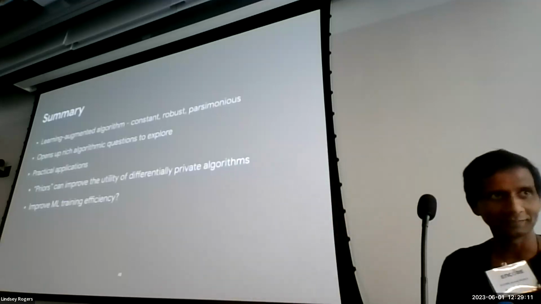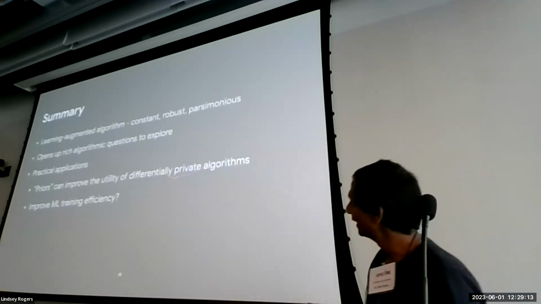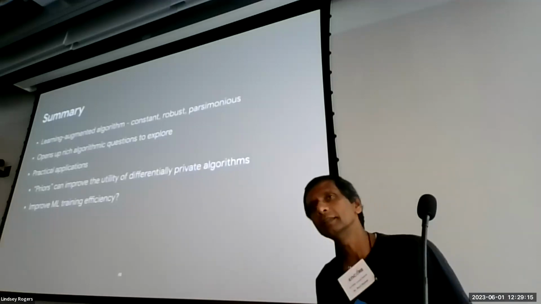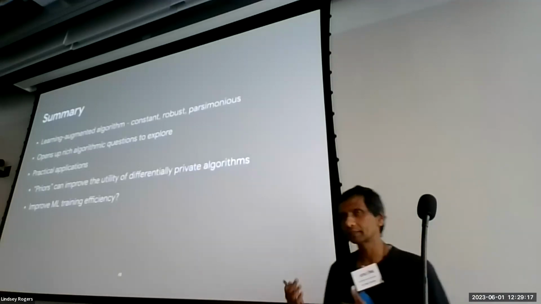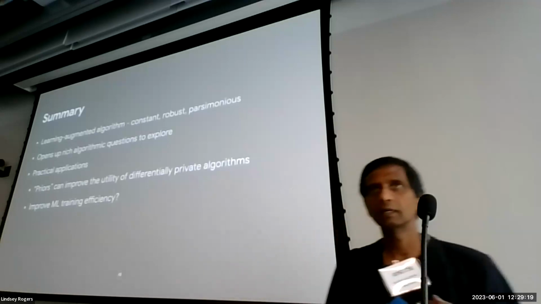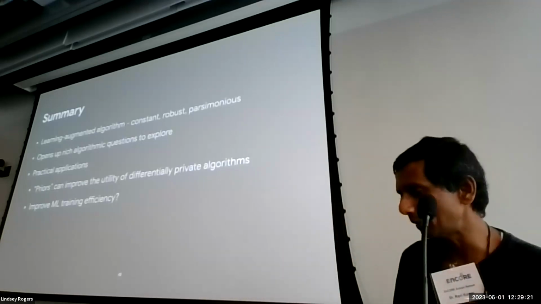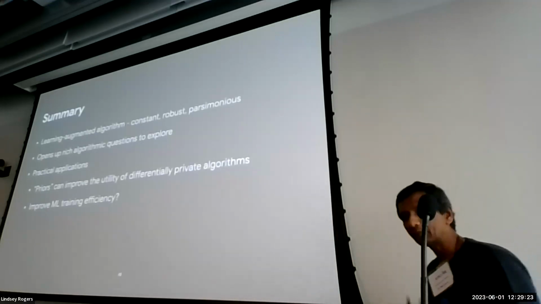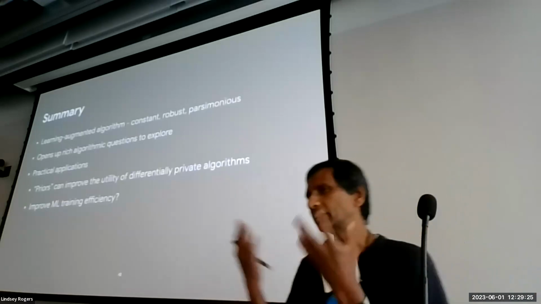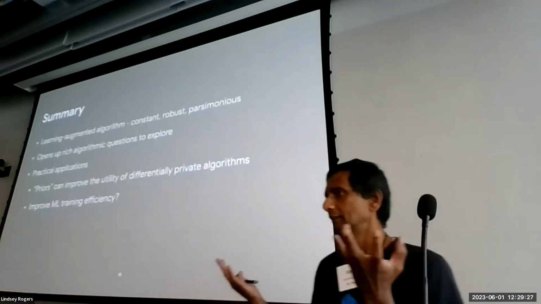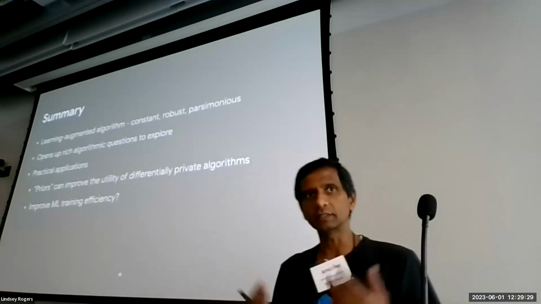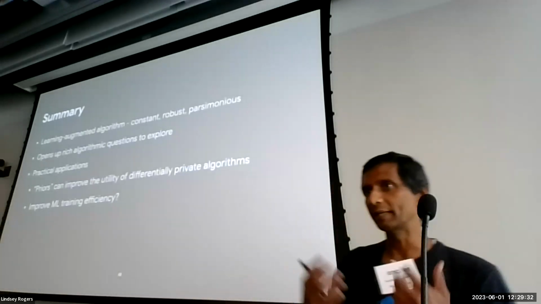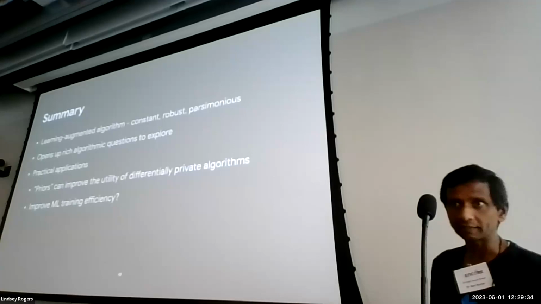I see that Kamalika is not here. It turns out that in differential privacy settings, we did some work which is actually being used in practice, where if you have a prior on the data, which you can think of as ML advice, that can be used to provably improve the utility of certain privacy algorithms, both in theory and practice.